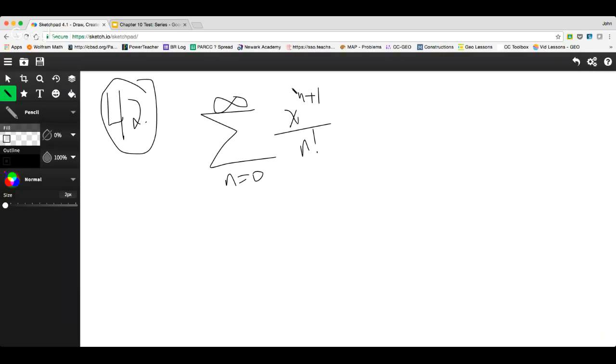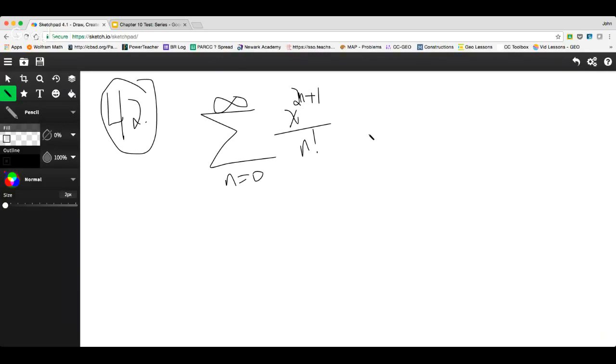I'm sorry, x to the 2n plus 1 over n factorial. Okay. Power series. So we know this is a power series because if you plug in 0, you'll get x. And then if you plug in 1, you'll get, well, actually, no, if you plug in 1, you'll get x cubed. So yeah, it's not